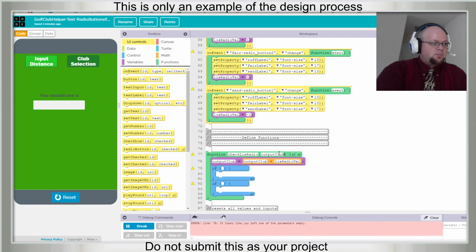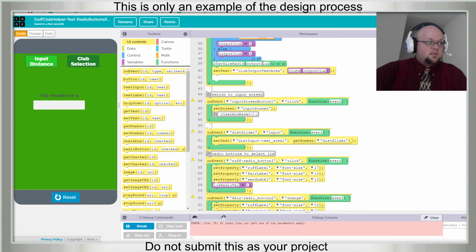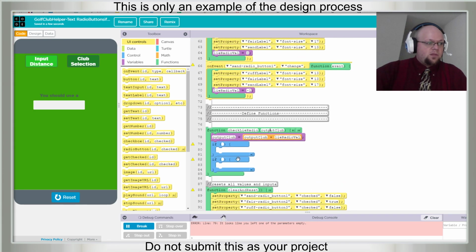You can change it, but the function knows that whatever comes through in this parameter is this, and then you use it throughout here.